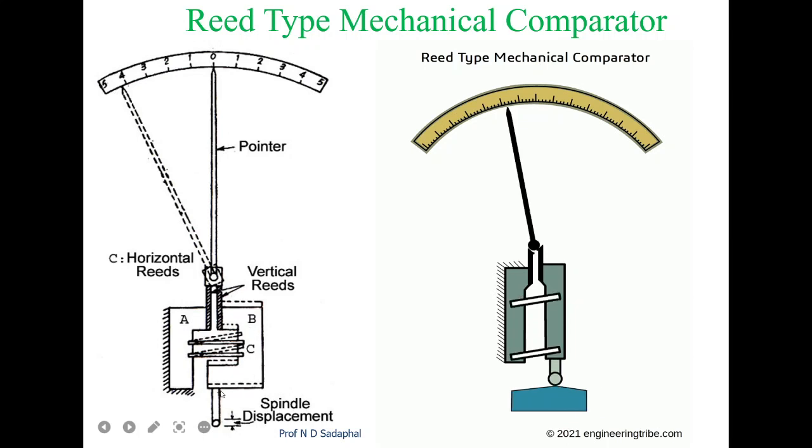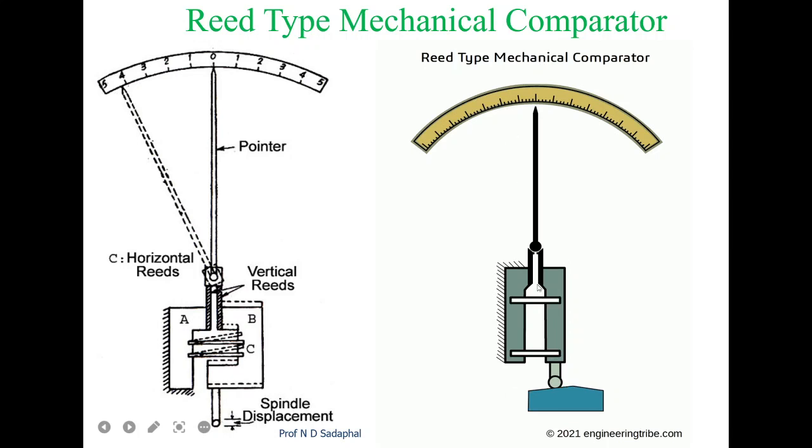On B block a plunger is mounted. You can see at the downward side plunger is mounted. You can see this movement in the animation. This B block is movable, which is moving up and down when plunger is moving on the surface, and when there is uneven surface plunger will move up and down. Due to that, this block will also move up and down.